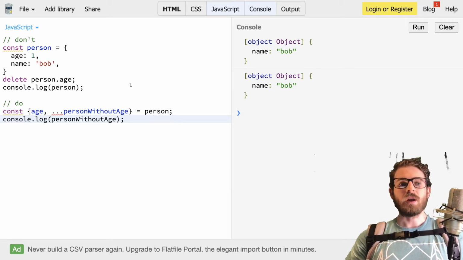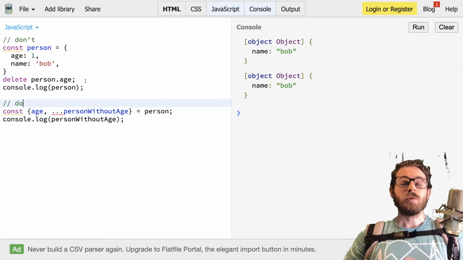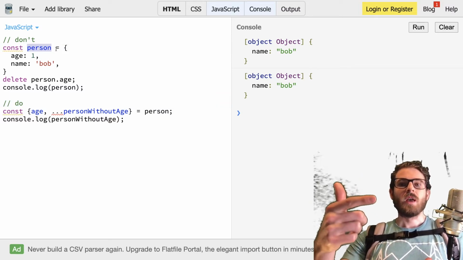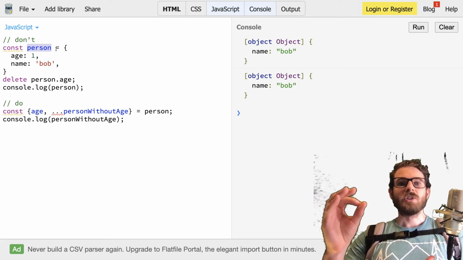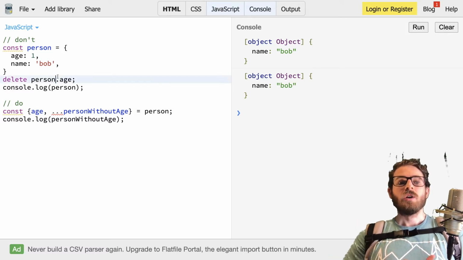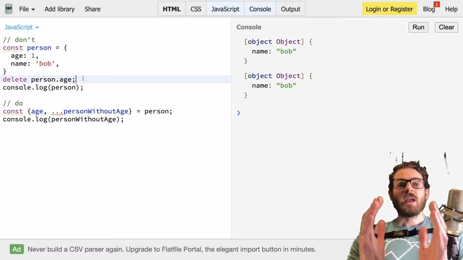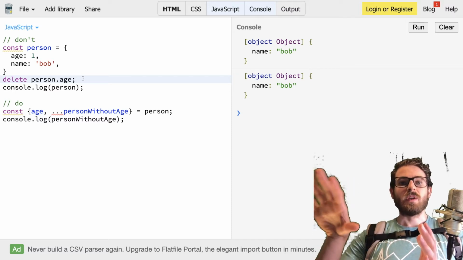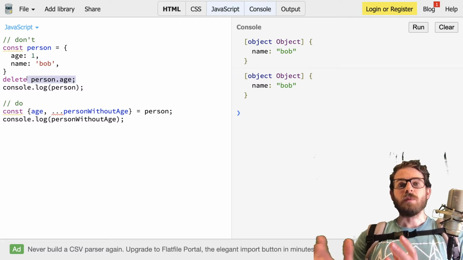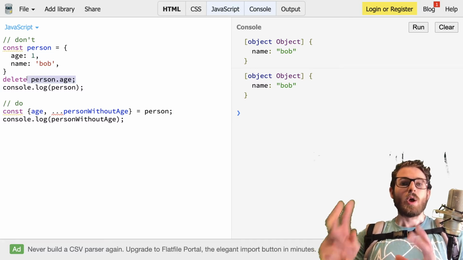All right, so I want to first of all break this down. The advice isn't bad. I understand where he's coming from. When you do mutations on JavaScript objects, it can set up your program for bugs in the future, right? If you have an object that you're passing around into a function, that reference could potentially be changed. People could add properties to that person object, or people could delete properties. So the issue is it might have the age in one function, but 13 functions down the tree of function calls, age might get deleted. And it's really hard to pinpoint where it got deleted